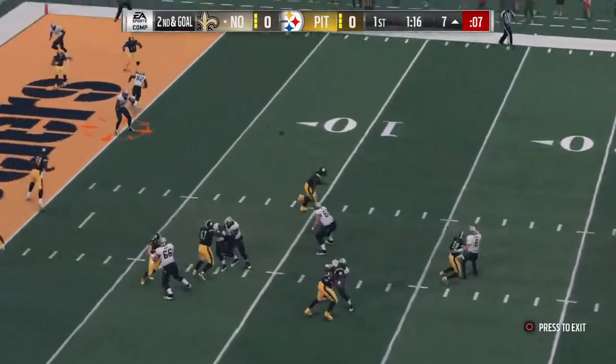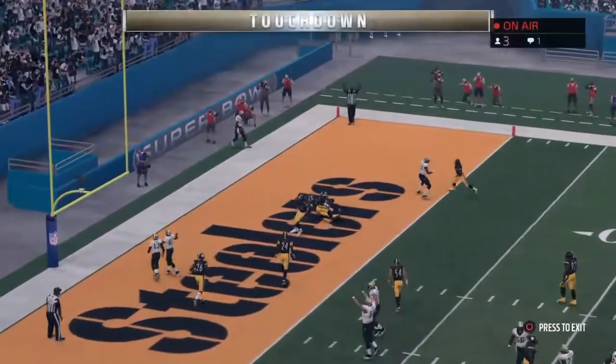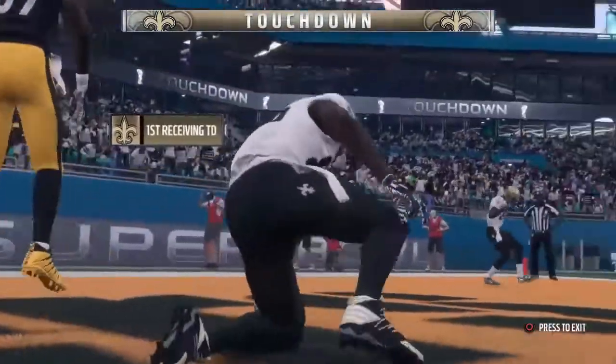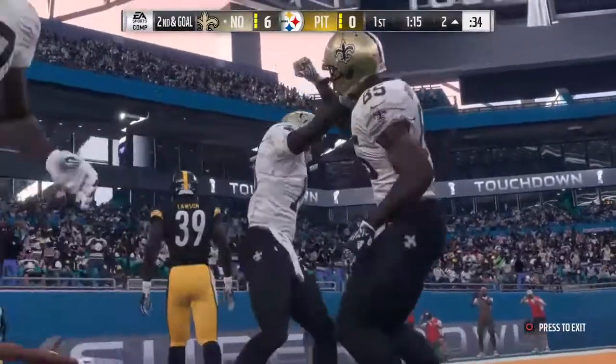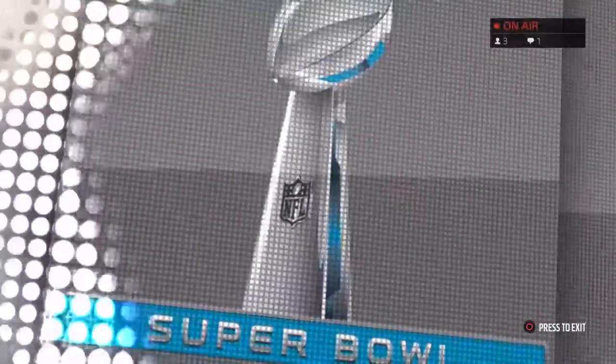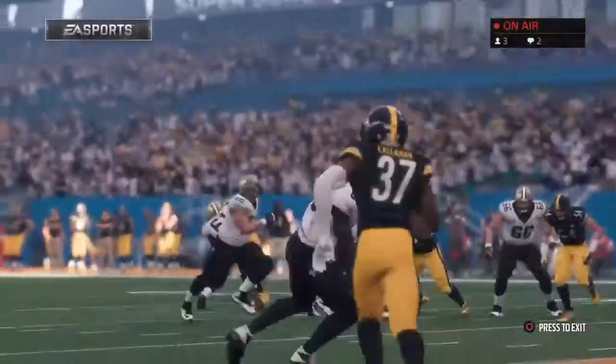Back to throw. And he's got it. Touchdown, Saints. With the first touchdown of this Super Bowl. And the Saints have taken the early lead. Well, these guys have won 3 straight ball games and another good start to this one out to the 6-0